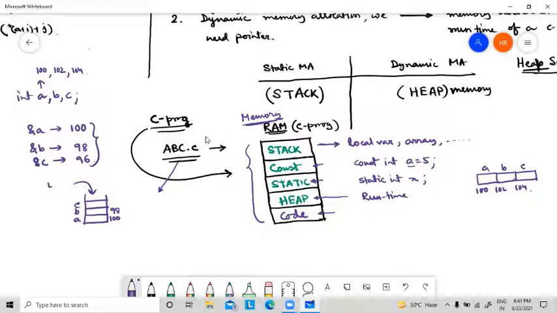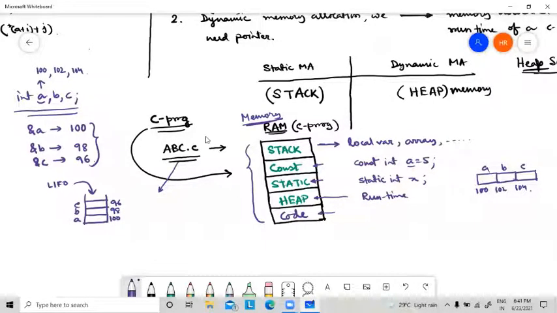We call it last in first out. So when we allocate the first element, it will be allocated at the end, then the next. That's why you will see that the address values for A, B, C are continuously decreasing. Our normal assumption is that it should be increasing, but we see that the address is decreasing. From that we can understand that the memory for these local variables is stored in the stack.